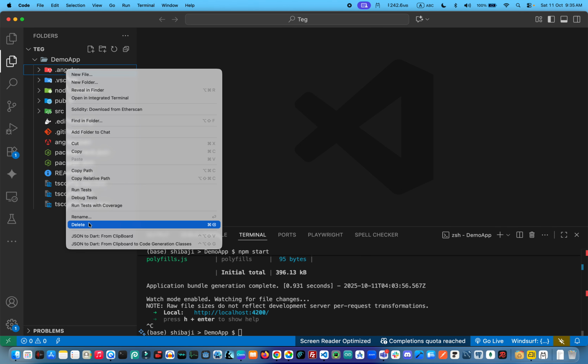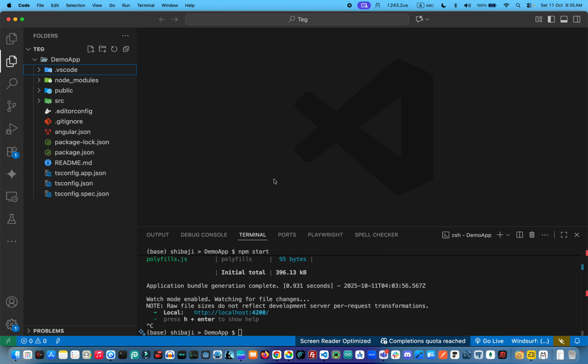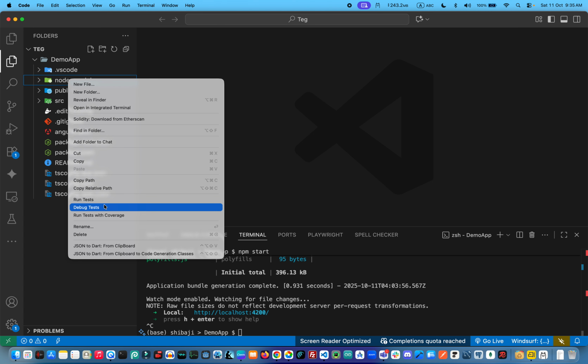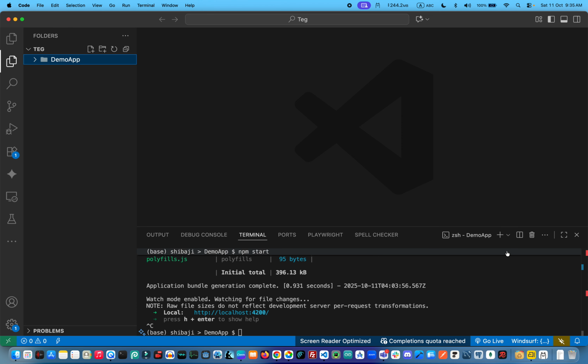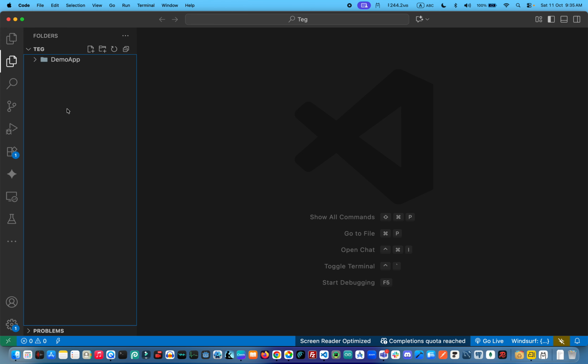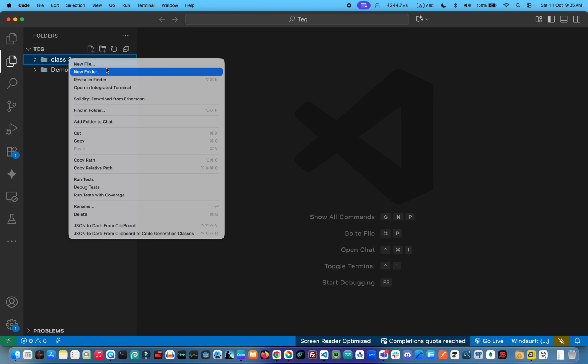So now I just remove some folders, because I'm not working on this particular folder right now. Now I create a folder, class 3, and now here,